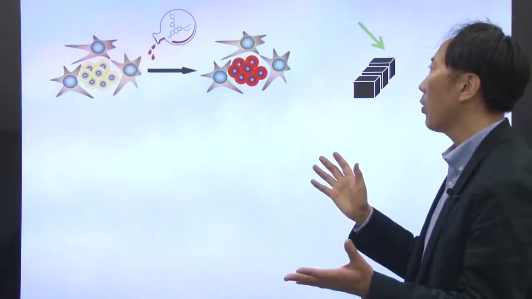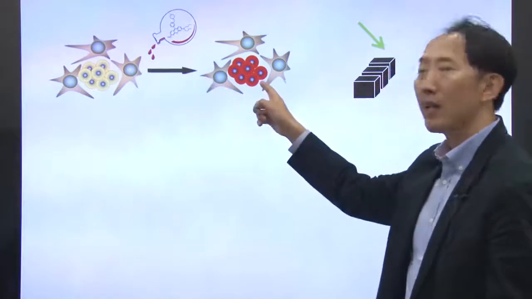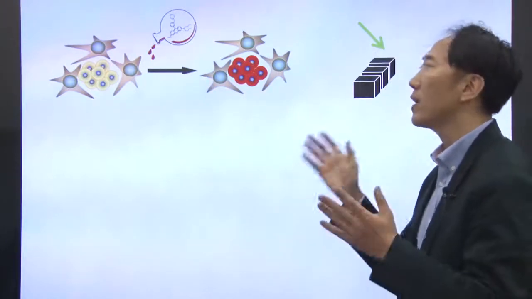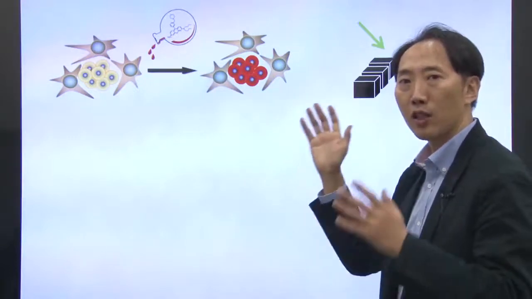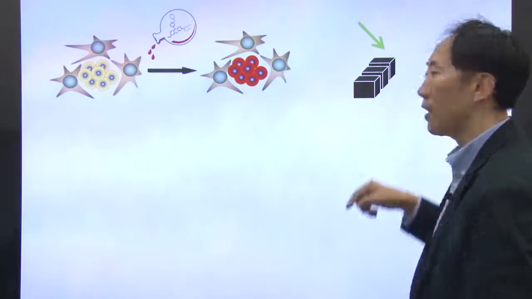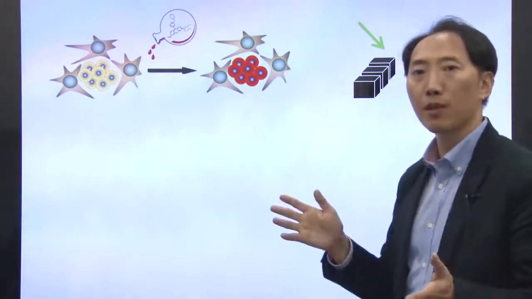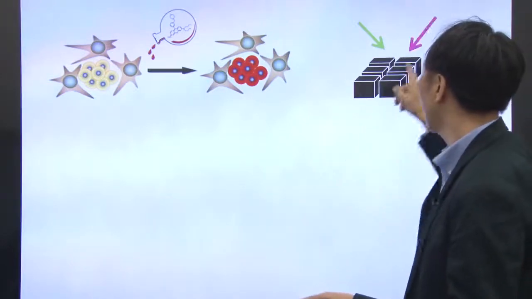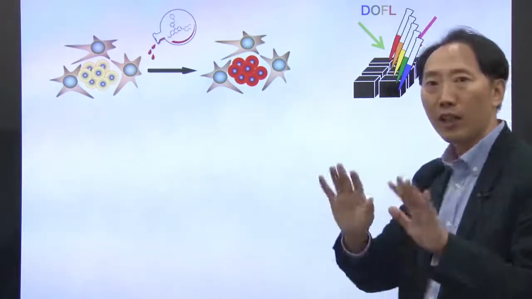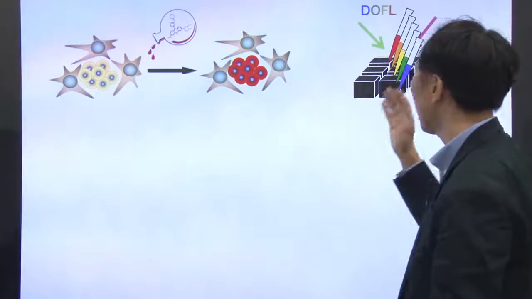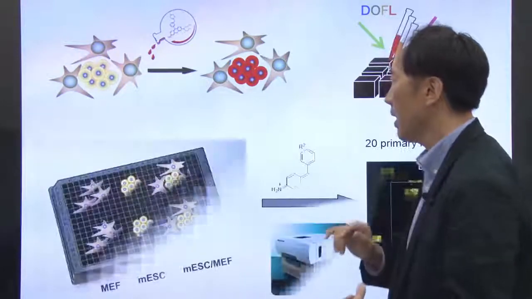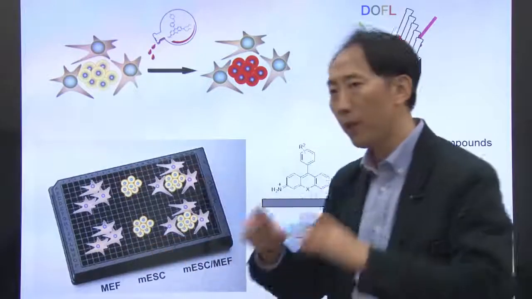Now, if your goal is just finding stem cell selective probes, one possibility is, before you ask what the difference is between these two cells, you can just use whole cells for the screening. For example, in one column you can put non-stem cells, and in another column stem cells only. Then by adding the same amount of dyes, you can check whether the stem cells are stained much more strongly than the other cells.